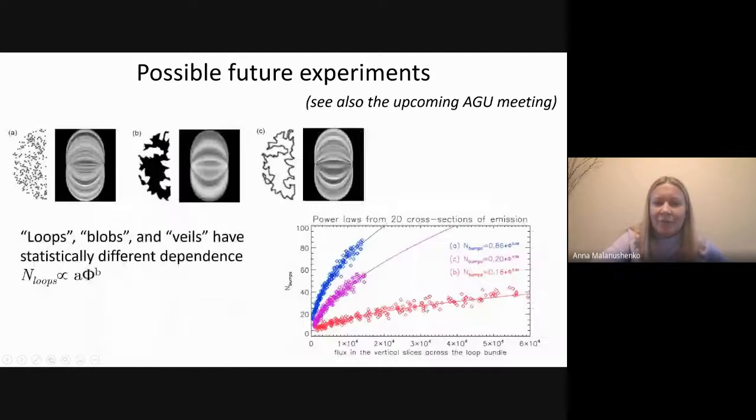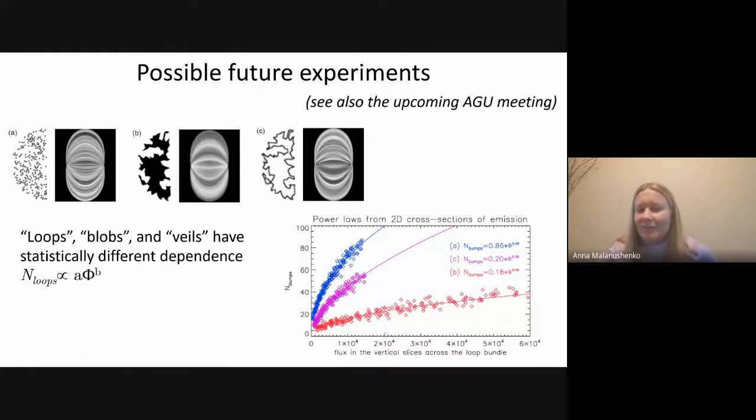If we just plot the number of loops versus the total intensity, in this particular case in the middle slice, you will see that I generated a gazillion of those at random, and I studied the dependency in this super simple model.